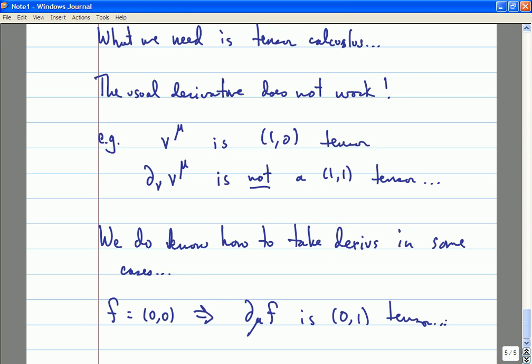So we already know that there are certain tensors where the usual notion of partial derivative does give a good